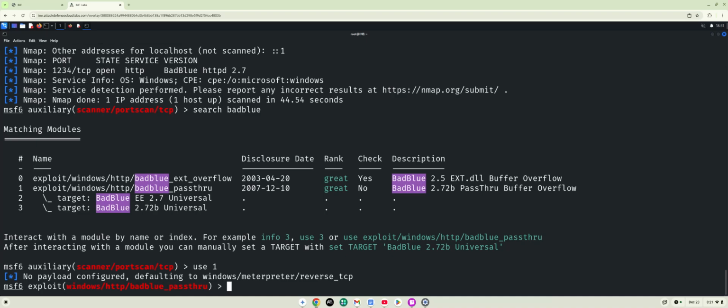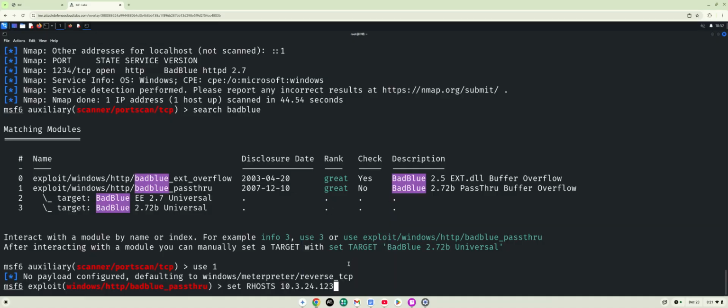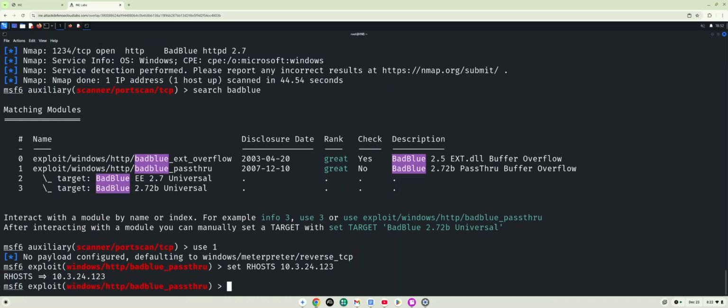Again, I have to set my RHOST since I did not set that as a global parameter in the beginning. So let's give it the second victim's IP address here. And then I'm actually going to set the LPORT to something else, because if I go to show options,